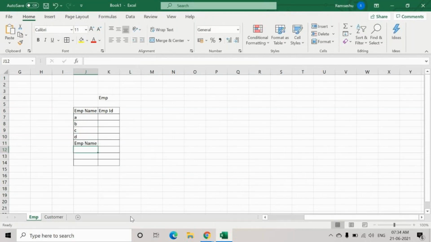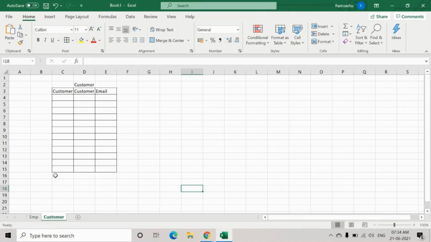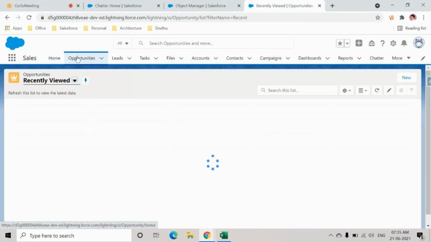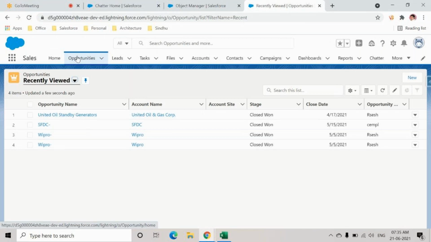Now let us compare this with Salesforce. So what is this? It's a table in Excel. So we'll call them objects in Salesforce. Now, to access the employee table, I should click on this employee sheet. Or to access the customer table or customer data, I should click on this customer sheet, right? So the sheets of Excel are called tabs of Salesforce, which means to access the data of your object, you have to go with the tab, for the end user.